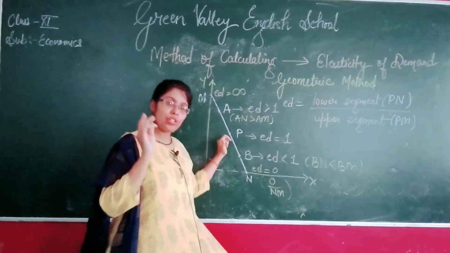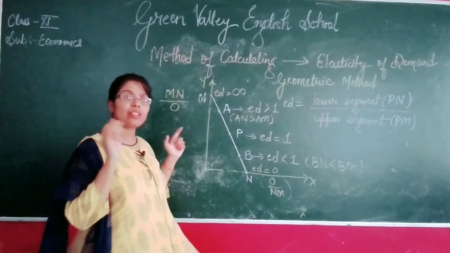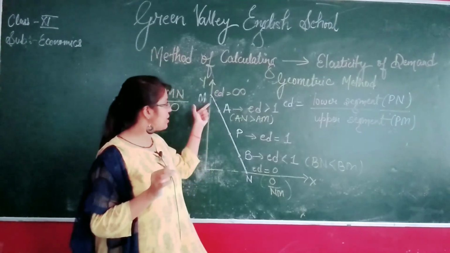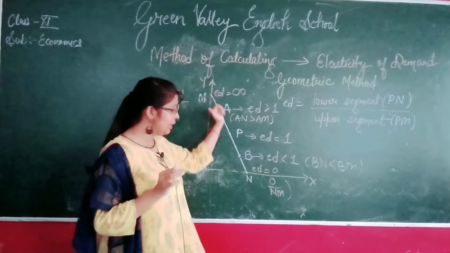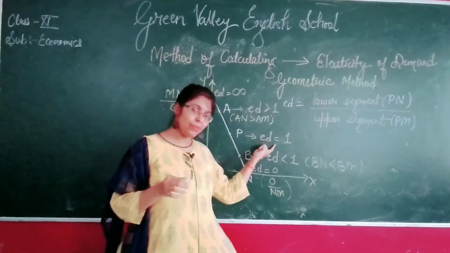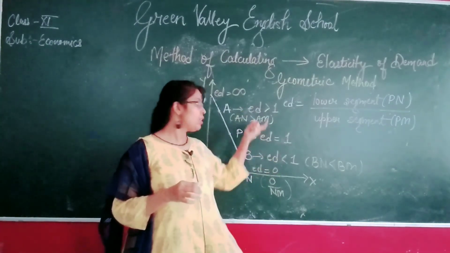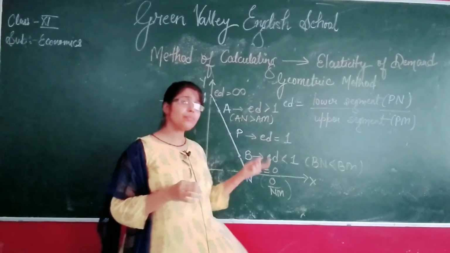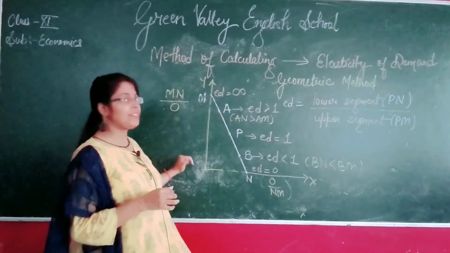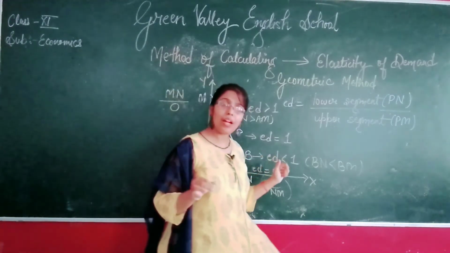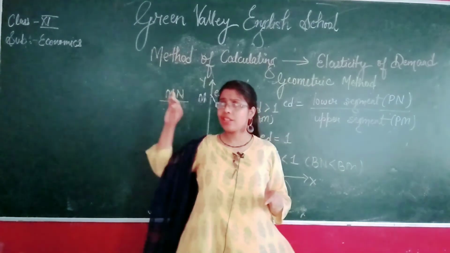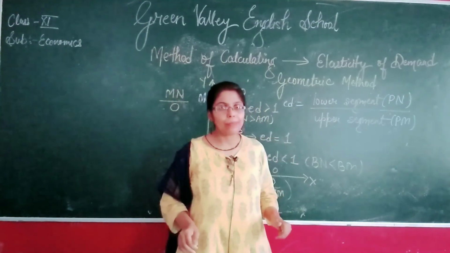So this was the geometric method or point method, because basically we measure elasticity of demand using different points. So these points M, A, P, B, N are different points, and you can see the different types of elasticity of demand. Unitary elastic, Ed is equal to 1, greater than 1, less than 1. Highly elastic, less elastic, then infinity and 0. So we have seen all the 5 cases here. So this was elasticity of demand calculation by the geometric method or point method. Hopefully students, it is clear to you all and there should be no problem.